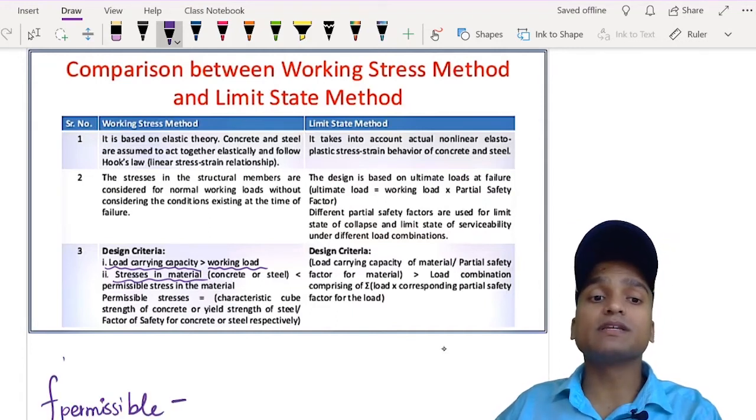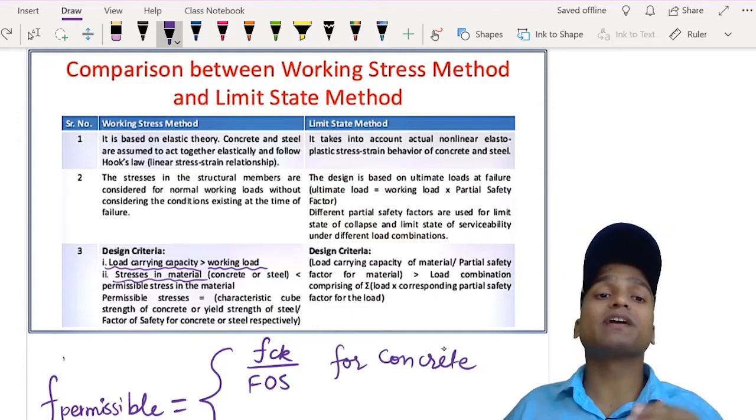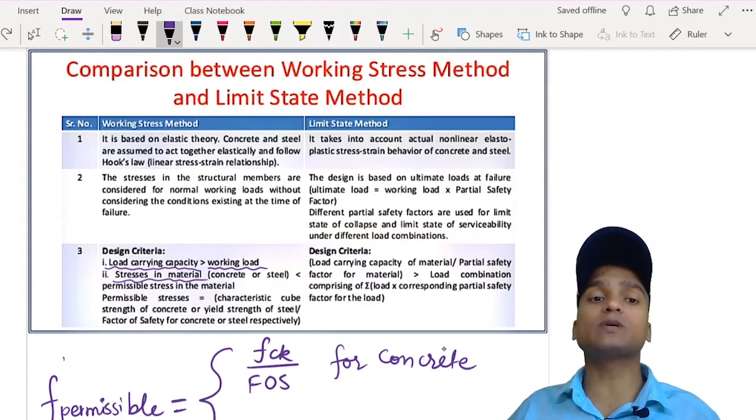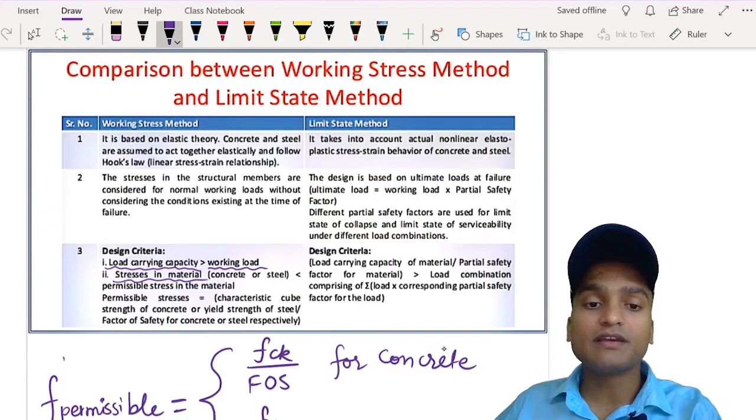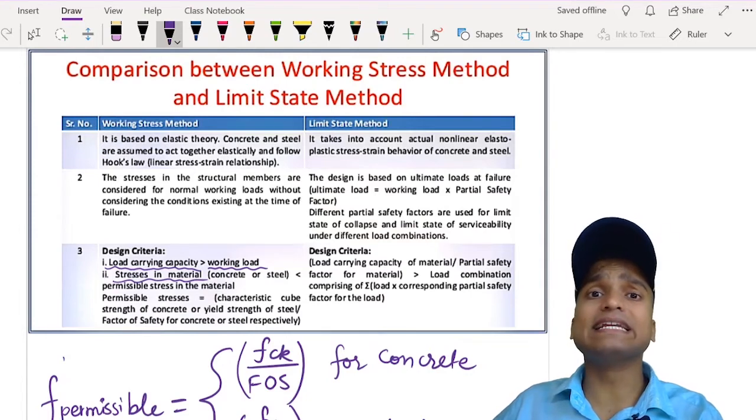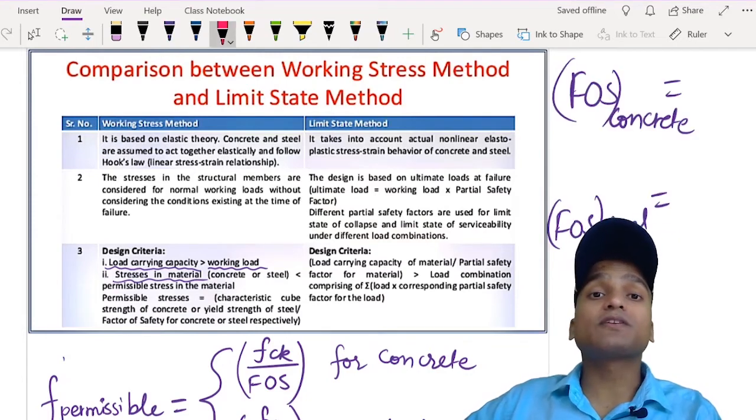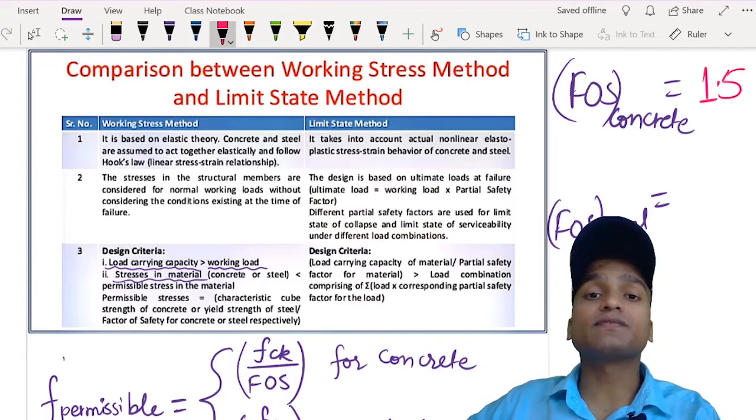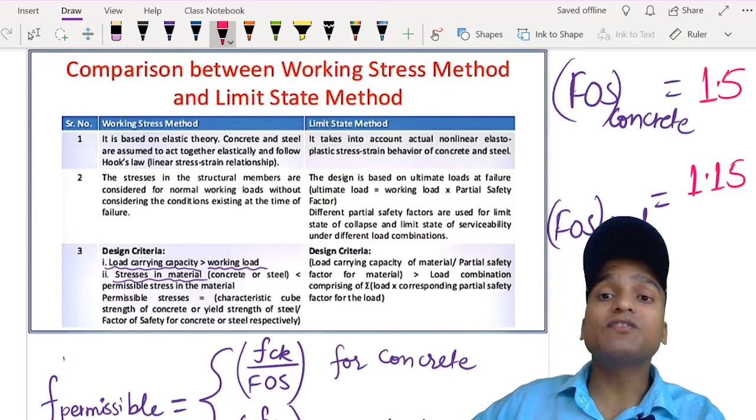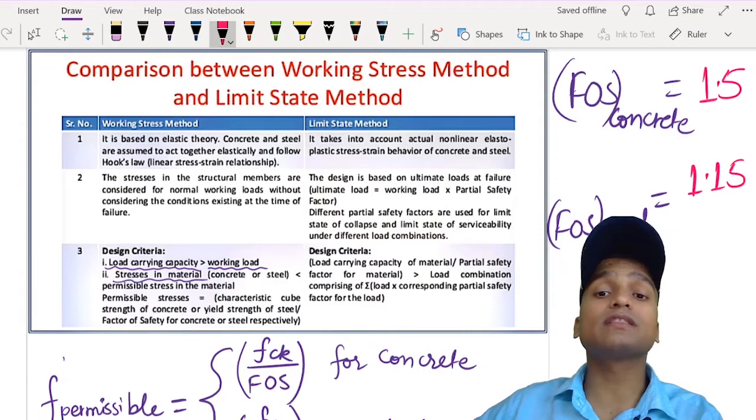F permissible is equal to fck by factor of safety for concrete, where fck is the characteristic cube strength of concrete, and fy by factor of safety for steel, where fy is the yield strength of steel. Also the factor of safety for concrete is 1.5 and the factor of safety for steel is 1.15. One thing that comes to mind: why is the factor of safety of concrete more than the factor of safety of